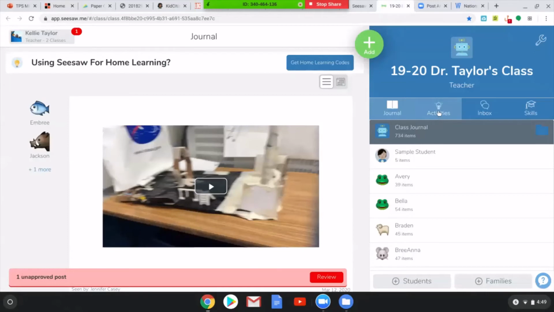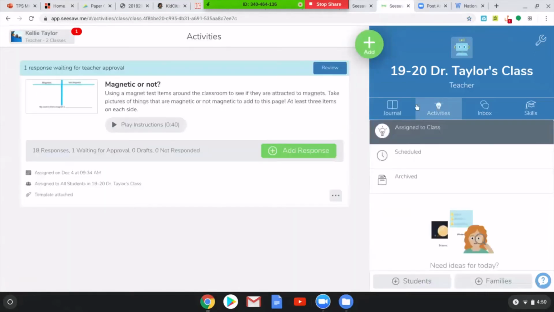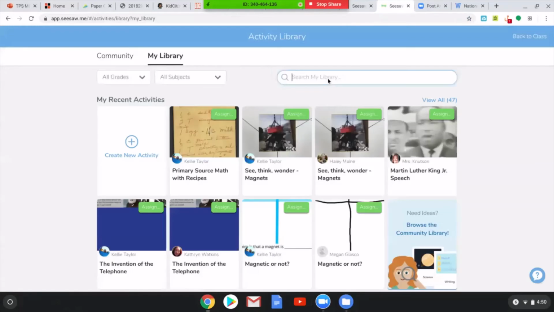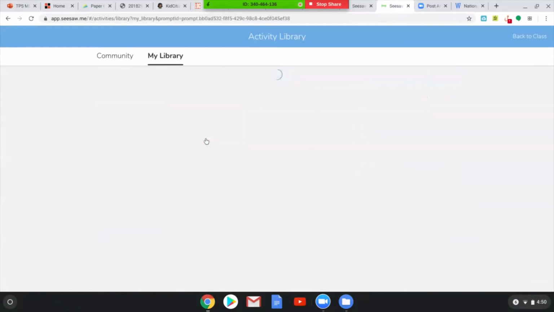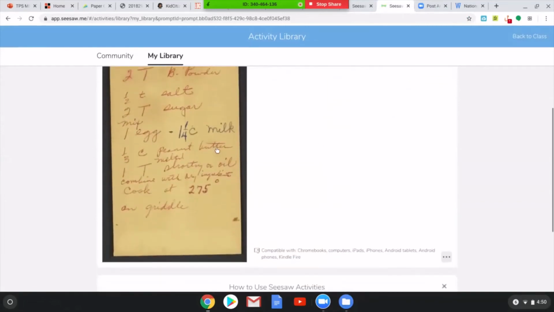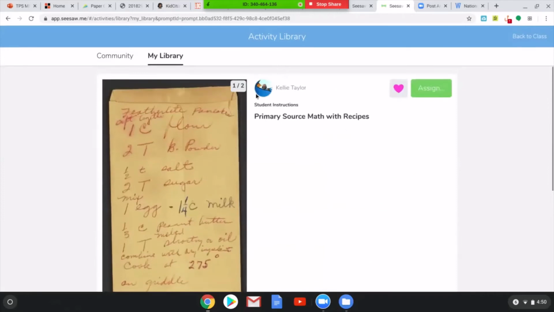But if I go into activities, so Seesaw is again free, and I can add and assign an activity. Now this, again, may not be useful to you if you don't want to start a new application right now. But if it's something that you're already using, so I've pulled in my primary source and I've created a template that I can actually use. I can give a video